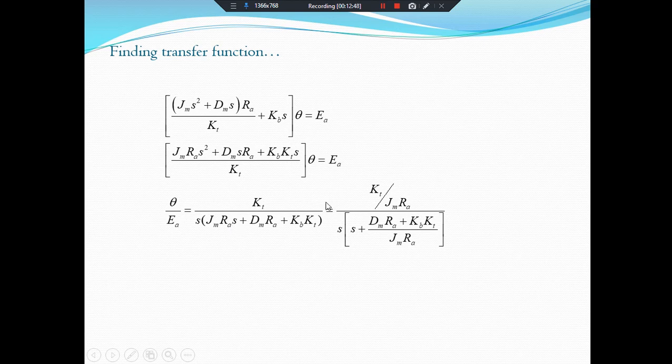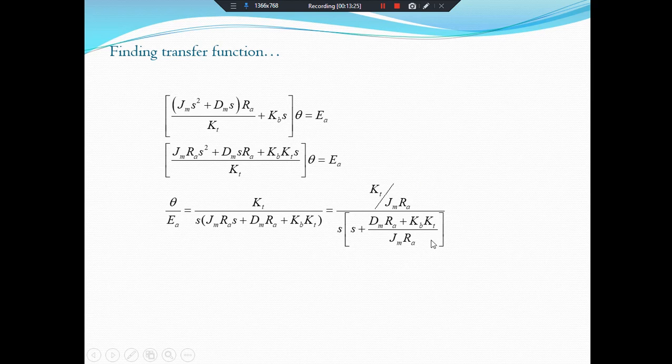We divide the whole equation by the inertia of the motor and the resistance of the armature, and we will get this relation. This is our relation of the electromechanical system, in which we can get the mechanical output and the electrical input. So if we have any system in which we give input in electrical form and get the output in mechanical form, we can find the transfer function, or we can find the value